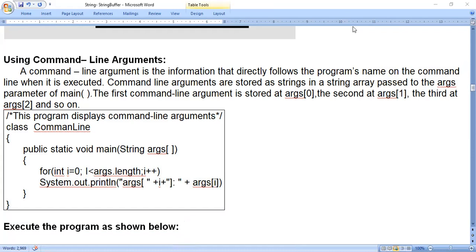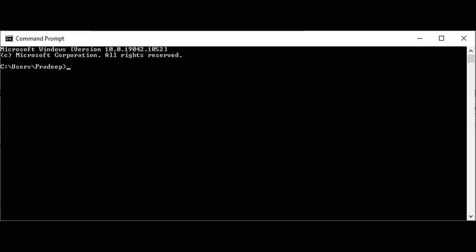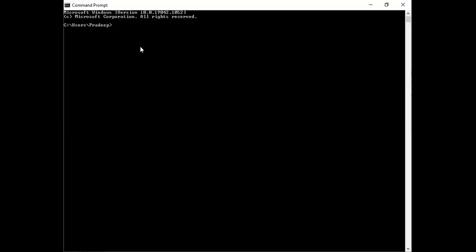See here, this is the command prompt, nothing but the console. We can call it the console as well as the command prompt. So command line argument means, for example, I say cd. Cd means change directory. Cd dot dot. These are the DOS commands. Now I am in C drive, that means the root directory. So this is called the root directory. C colon slash and this right angle bracket is called the root directory.